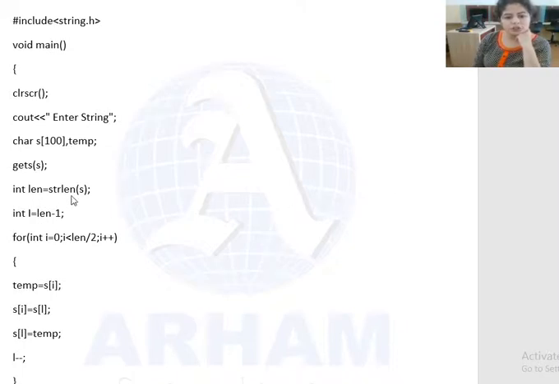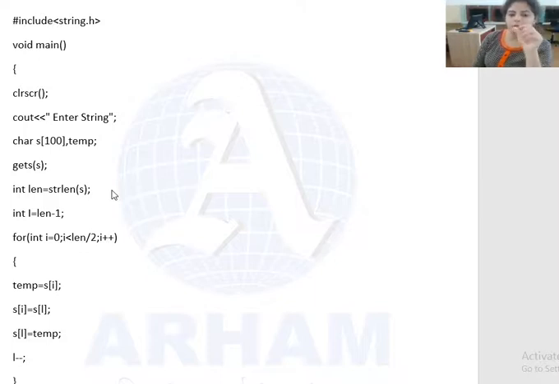Next, we have used the string length function, strlen, on string S. Why have we used it? The string length function is used to calculate the length of the string. For example, if you want to enter a name whose length is 6, the string length function will calculate that length.